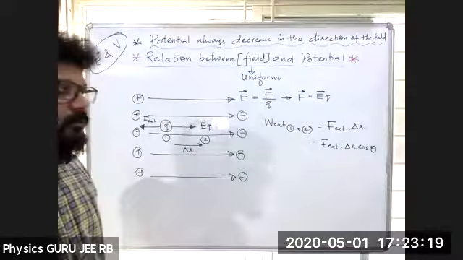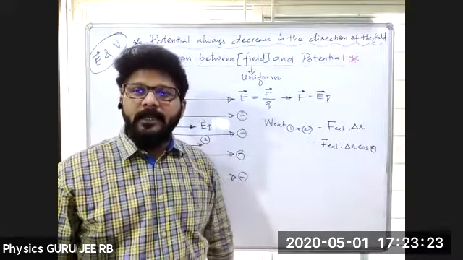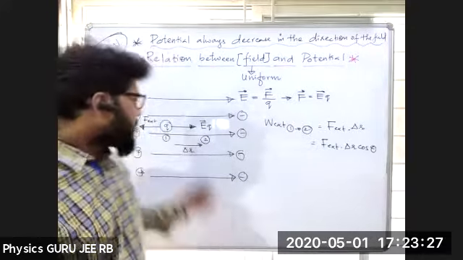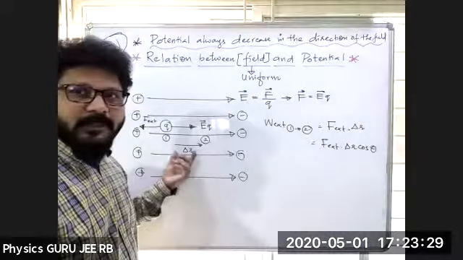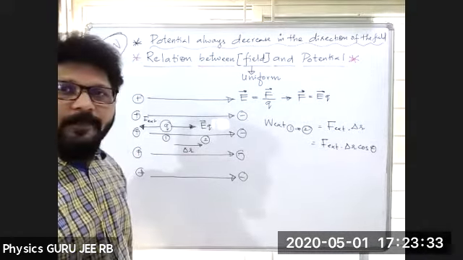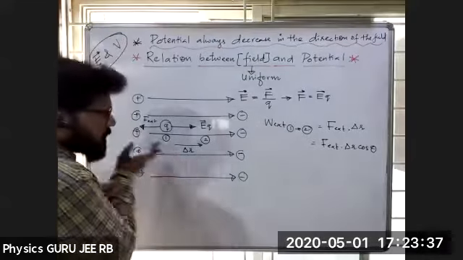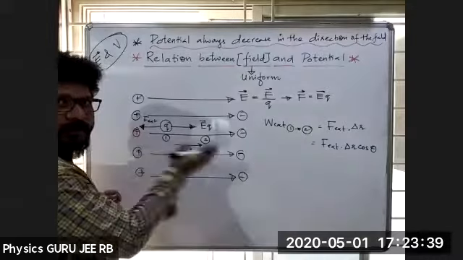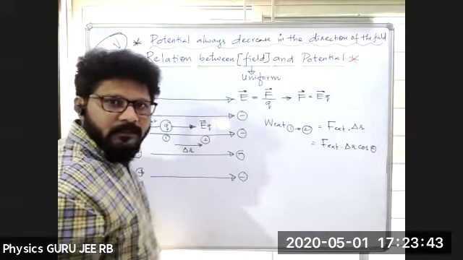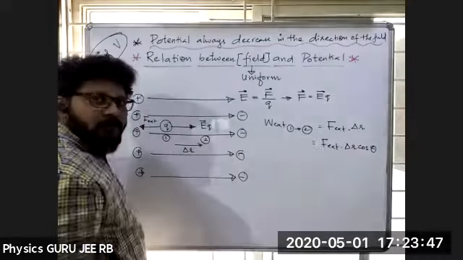Can anybody tell what is theta here? कोई बोल सकते क्या? Theta क्या है? Force, external force and displacement, how are they? ऑपोजिट इन डायरेक्शन, अगर ऑपोजिट है थीटा इज इक्वल टू 180 डिग्री. See delta R and F external, right? So I should take backward. Okay. So forward and backward direction.